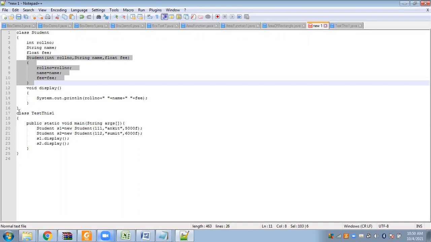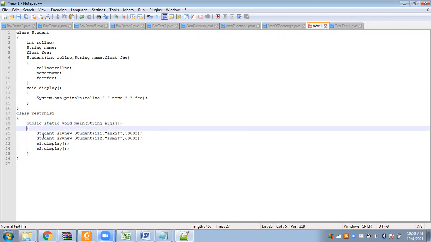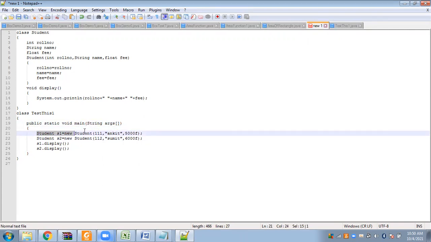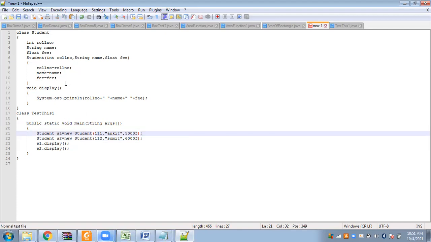Then we have a class test this one. Here we have the main method, and in this main method we are simply creating two student objects, S1, S2, and then we are calling the parameterized constructor. We are passing some values. Here we are using the scanner class, but we are not giving any user inputs here.